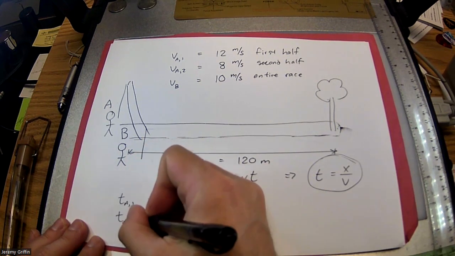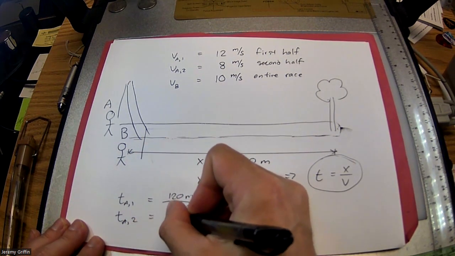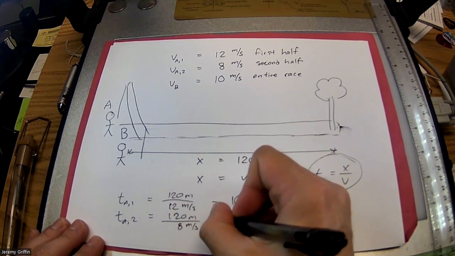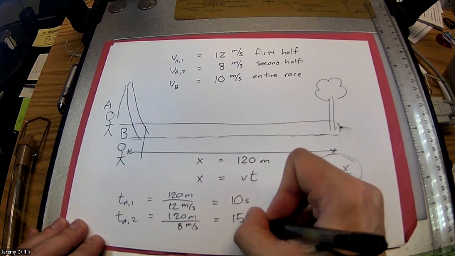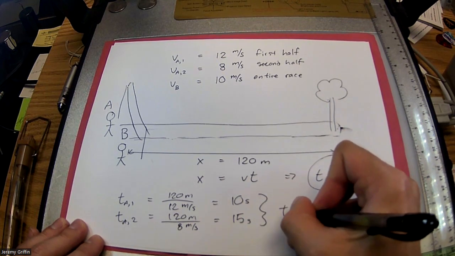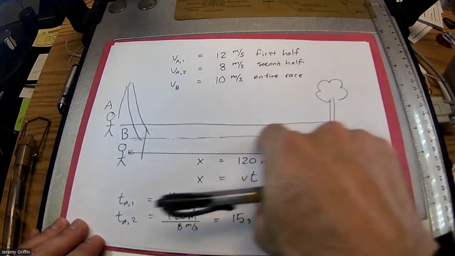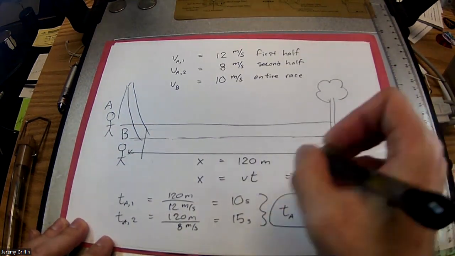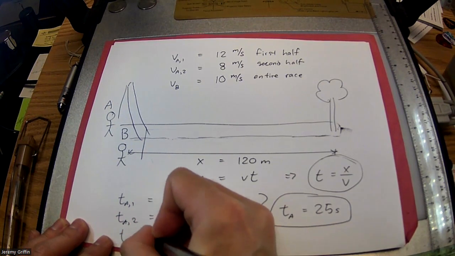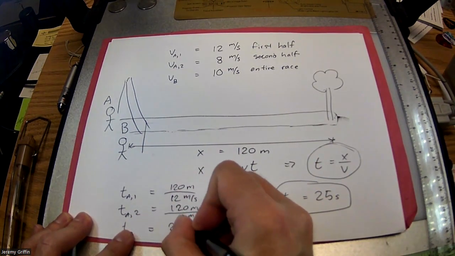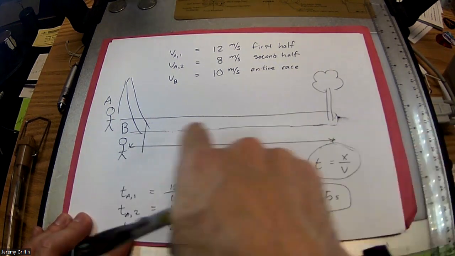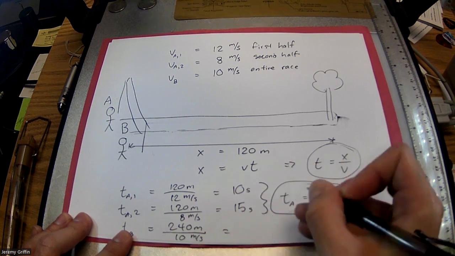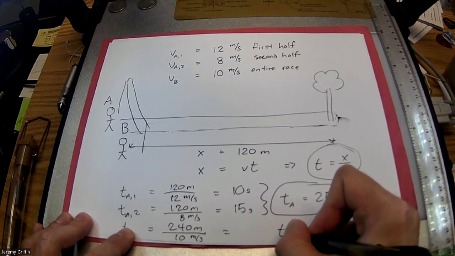Time for Alan for the second half is 120 meters back at 8 meters per second, which is like 15 seconds. Right? So the time for Alan total, 10 seconds to the tree, 15 seconds back, is 25 seconds. Okay. Right, now, if you look at the time for Bob, well, Bob ran the entire 240-meter race, 120 there, 120 back, right, at 10 meters per second, which is only